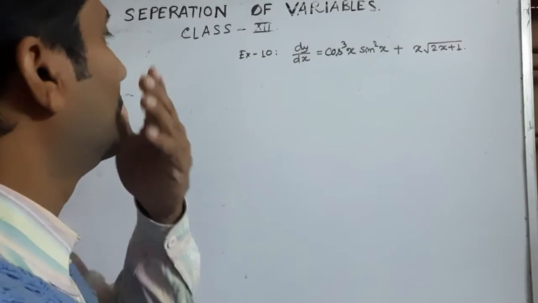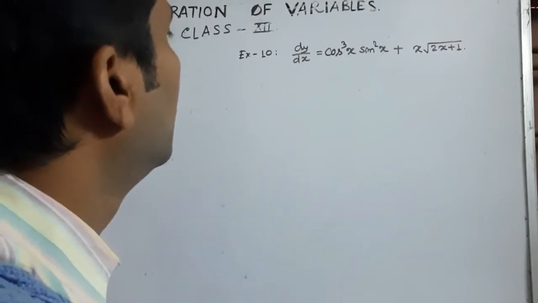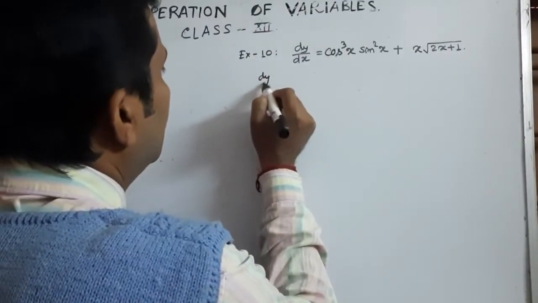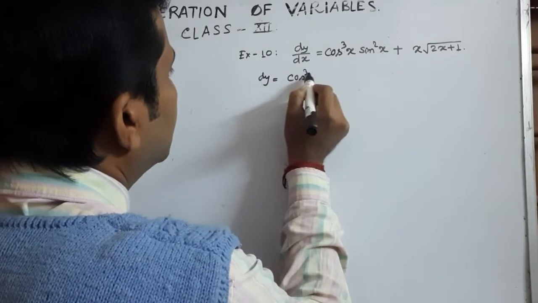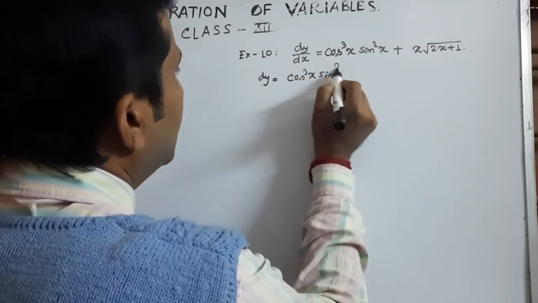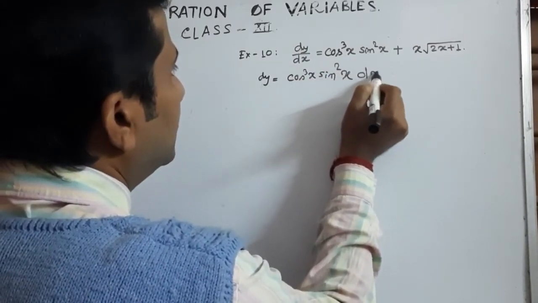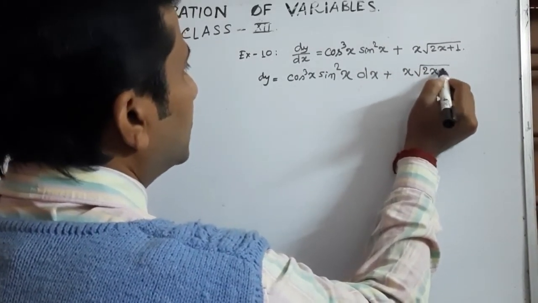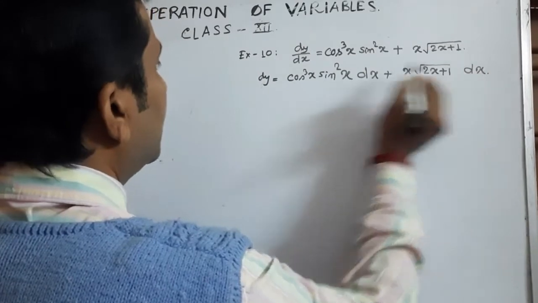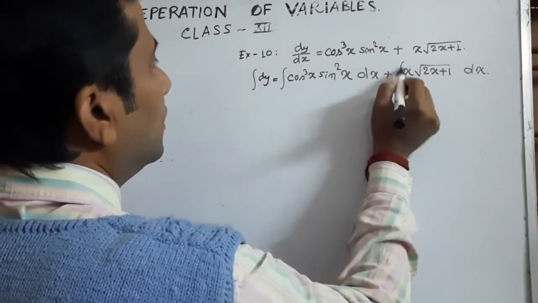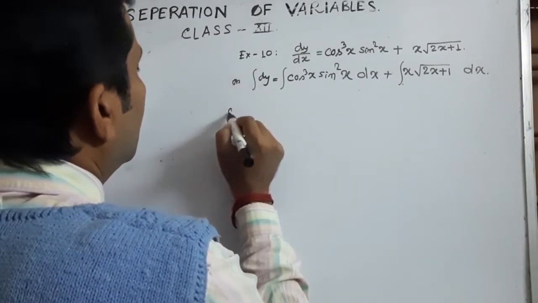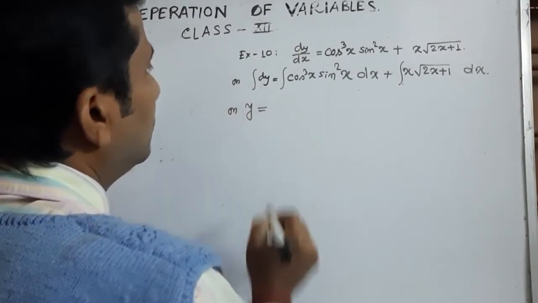This is example 10, and it can be solved by dy = cos³x sin²x dx + x√(2x+1) dx. Integrating we get,